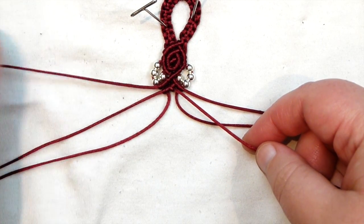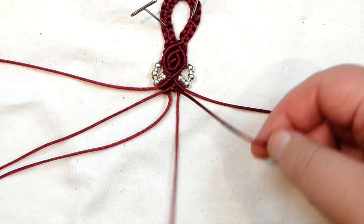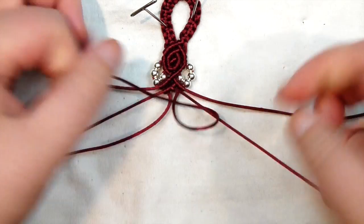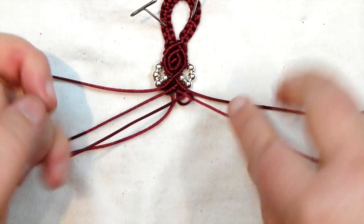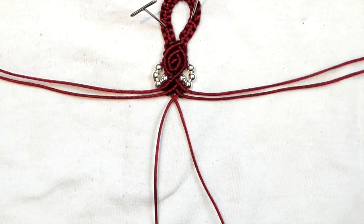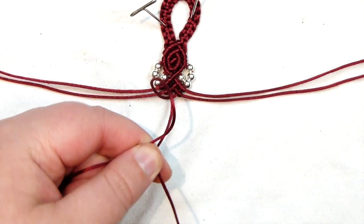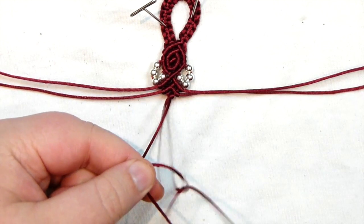Remember to leave that last one out for now. And then grab the very first one you used that's coming over the other ones, bring that over, and then do a double half hitch with the middle one on the other side to make a row right underneath there. So just like that. And then we have the 2 ones in the middle here. Cross the right one over the left one and do one double half hitch right there in the middle. It's going to be the very center of our rosebud,